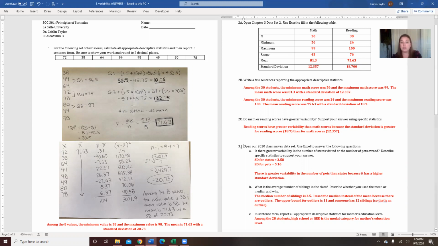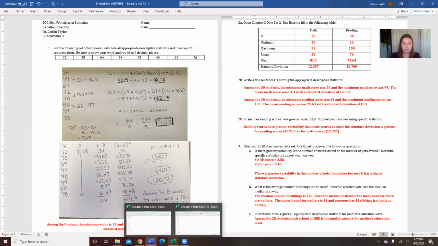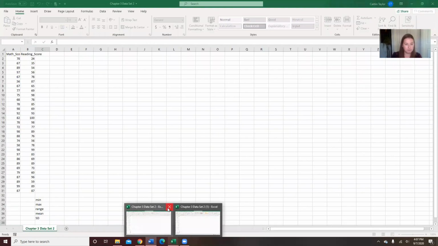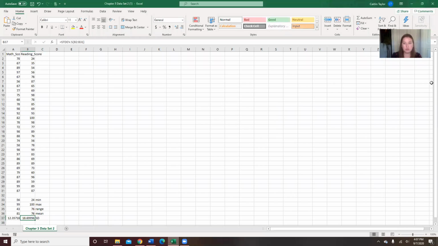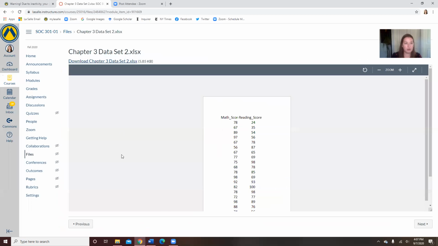All right, and then last part here on number 3 is using our class survey data set. This first one is asking, is there greater variability in the number of states visited or the number of pets owned? So first we need to calculate the standard deviation for states and then for pets. Oops, and I somehow got this closed out. Let me reopen from our Canvas page